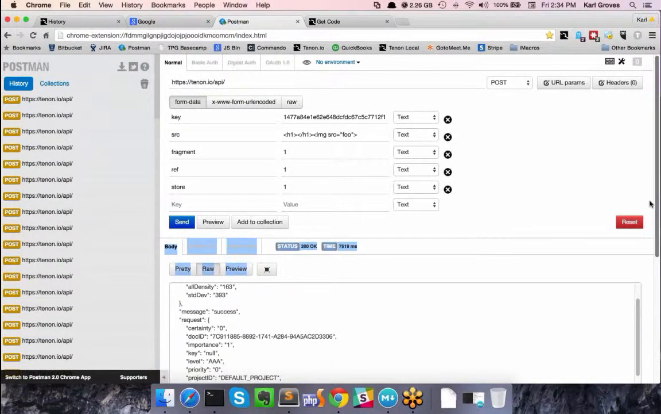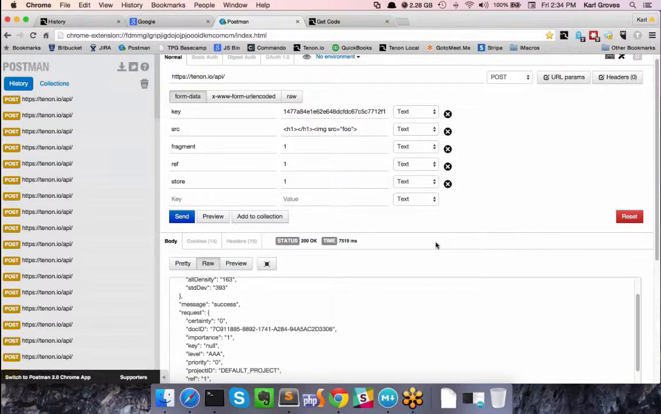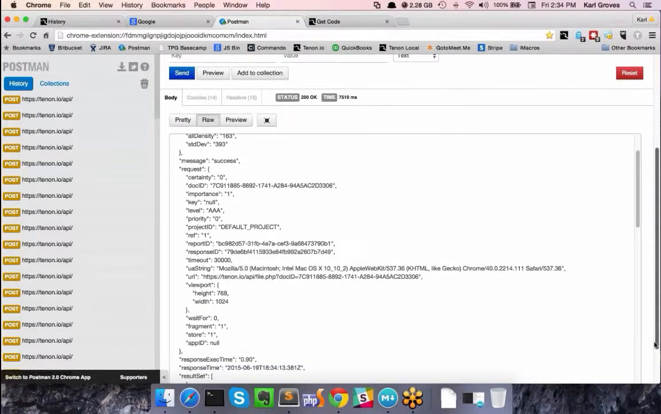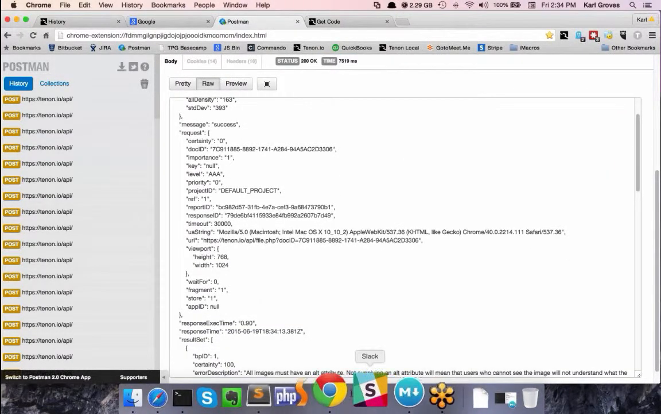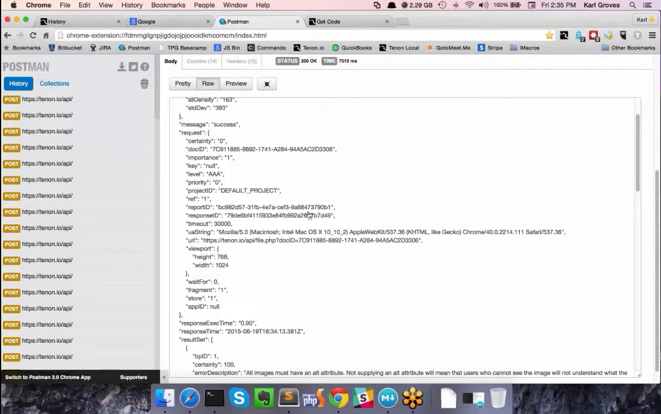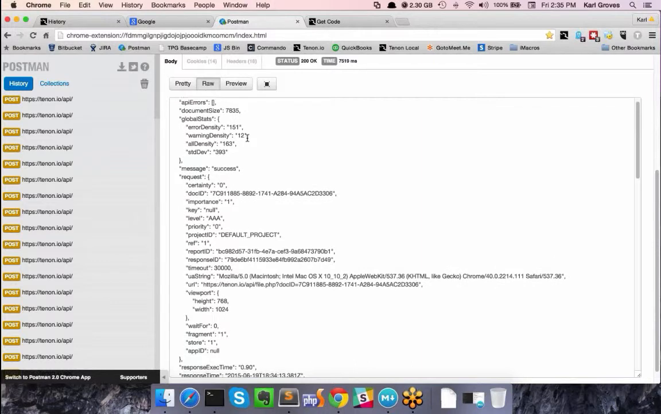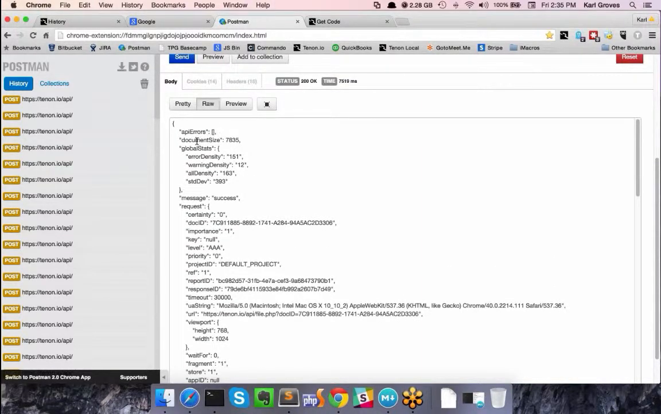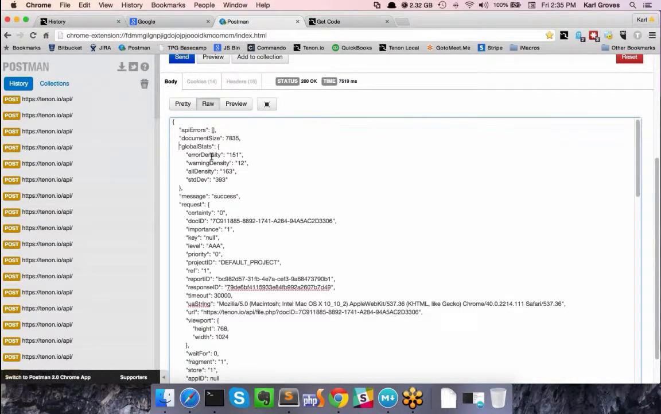So over here, this is the view of the... I wish there was a way I could expand this. This is a view of the API response, and this is all documented in the documentation. But you'll see a bunch of stuff here that I'll explain a little bit. This is the global stats. This gives us the density. Density is really interesting because it tells us basically